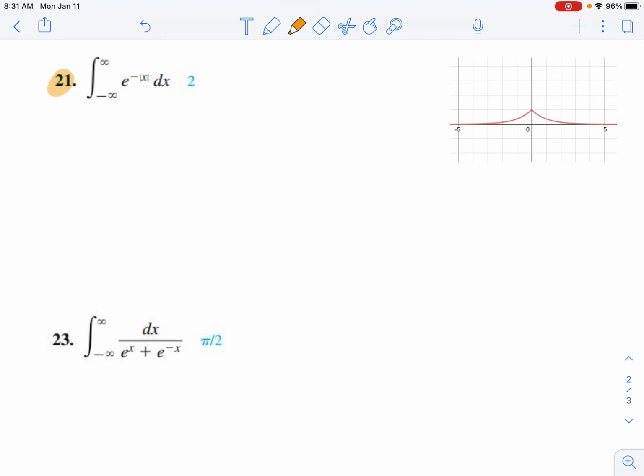I want you to notice that when x is less than 0, it takes on the function of just e to the x, and when x is greater than 0, it looks like e to the negative x. So let's go ahead and evaluate this. So we're going to evaluate the integrals. This is going to be the same as